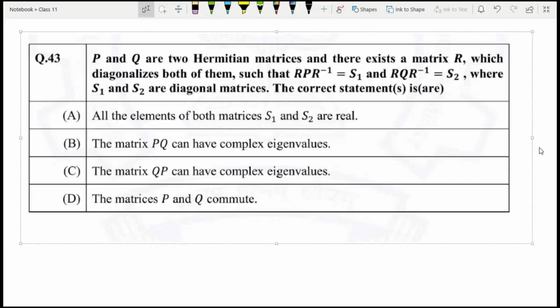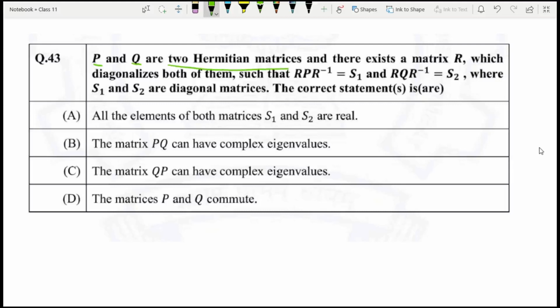P and Q are two Hermitian matrices and there exists a matrix R which diagonalizes both of them such that R P R inverse is equal to S1 and R Q R inverse is equal to S2, where S1 and S2 are diagonal matrices. The correct statement is/are... So in the question they have given two matrices P and Q. They both are Hermitian matrices. And also there exists a matrix R such that the diagonalizing of the matrices P and Q gives a result S1 and S2. So first we will write